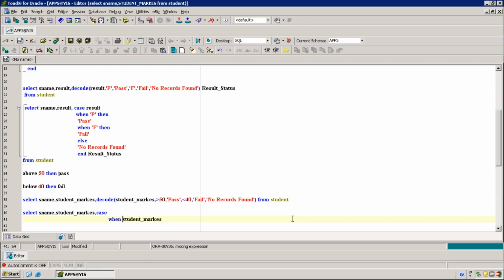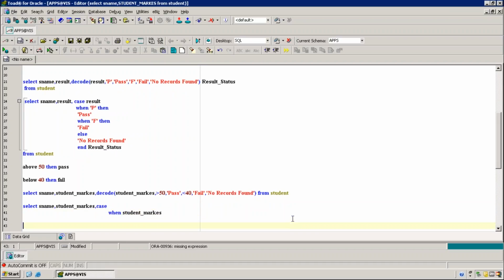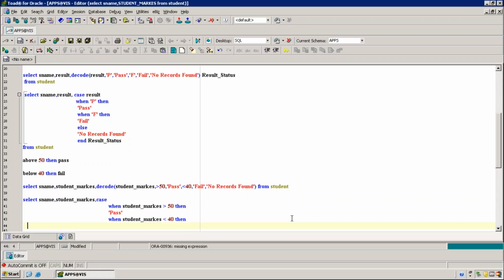When student marks greater than 50, then pass. And then when student marks less than 40, then fail.